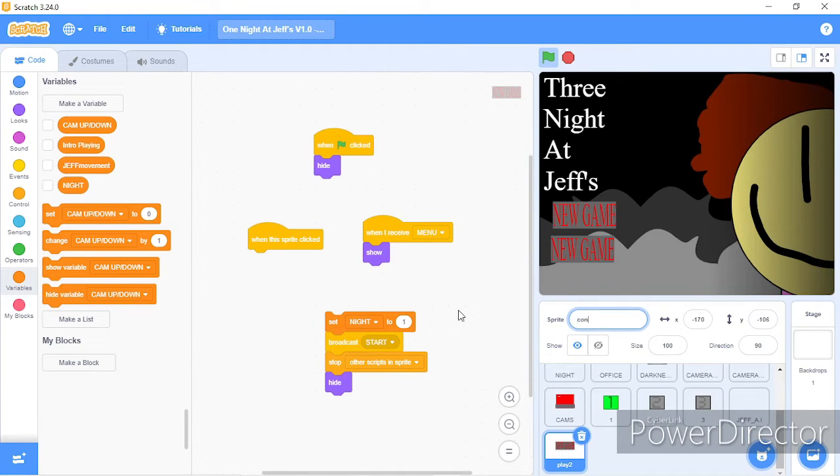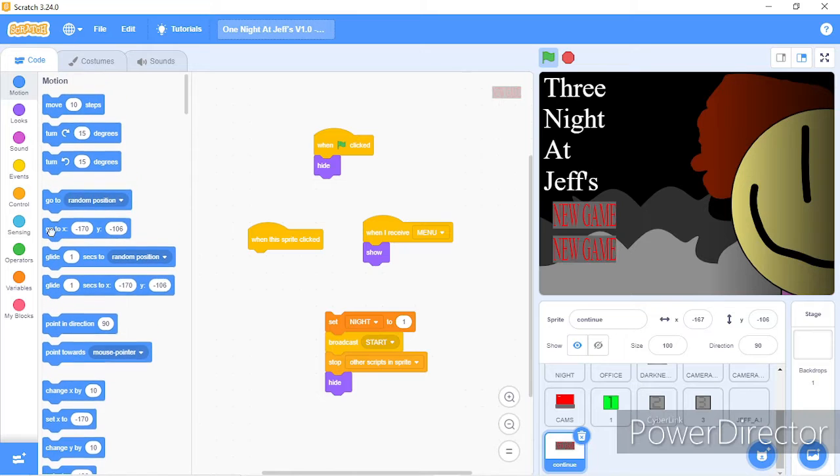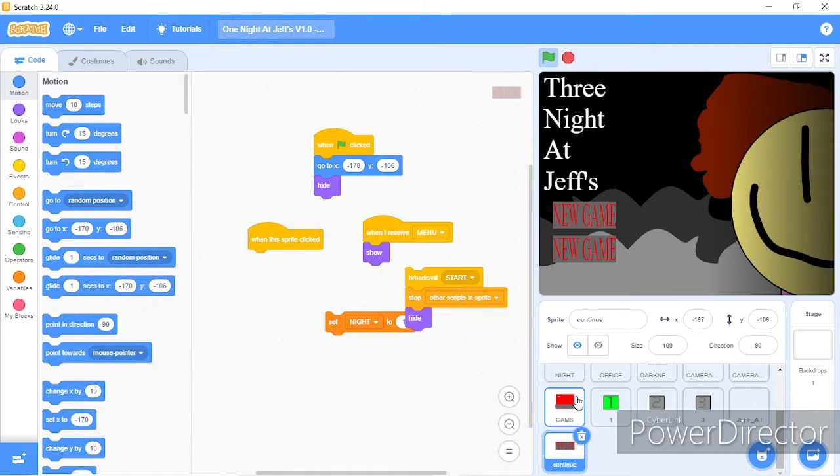Instead of calling this play, I'm going to name it continue. What was it? 160, negative 167. There we go. When green flag is clicked, go to these coordinates. Then instead of set night to 1,